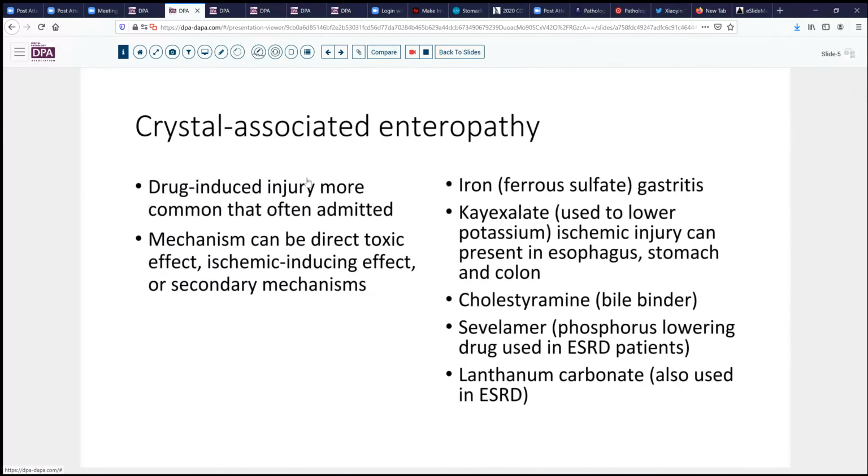So let's talk a little bit about some of the crystal-associated enteropathies. Many of these are drug-induced or drug-related injuries, which may be more common than is admitted or recognized. They can act via a variety of mechanisms, both direct toxins, secondary ischemic induction effects, either due to fluid shifts and osmotic effects, or other secondary mechanisms such as immune mechanisms and so forth. Certainly the most commonly ingested drug would be ferrous sulfate, and that can be associated with a type of gastritis. Kayexalate is probably the next most frequently recognized one,